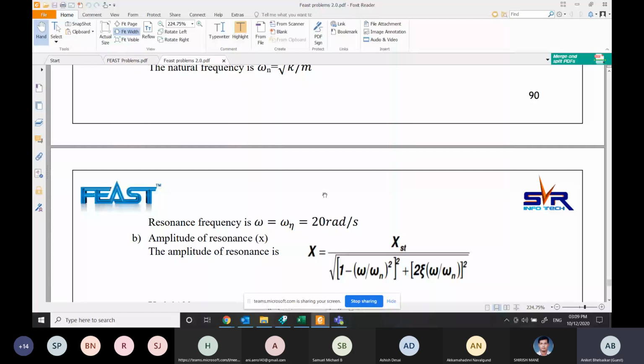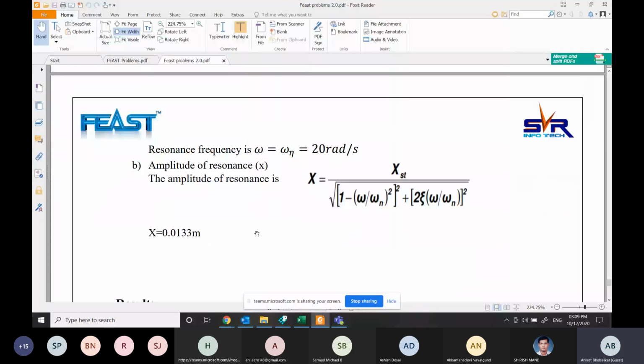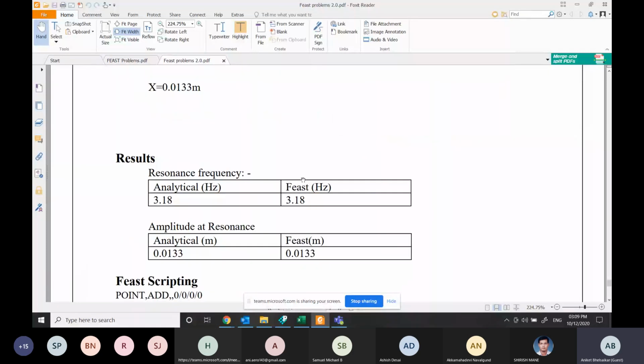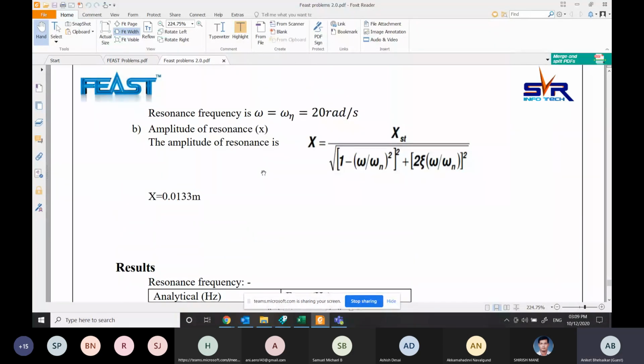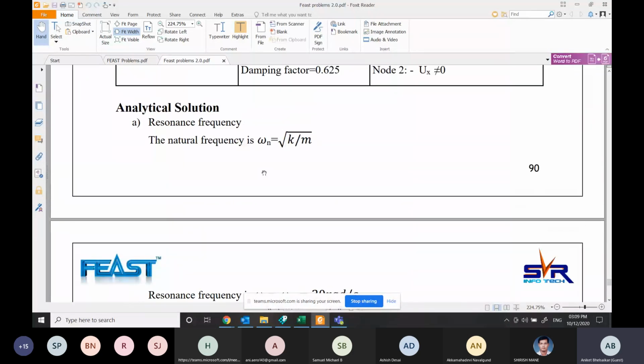So from this we can directly calculate the value of resonance frequency to be 20 radians per second, and from this we can find out the value of f, that is frequency in hertz. 20 divided by 2 pi will give us the frequency value of 3.18 hertz. And then the amplitude of resonance we have to calculate.